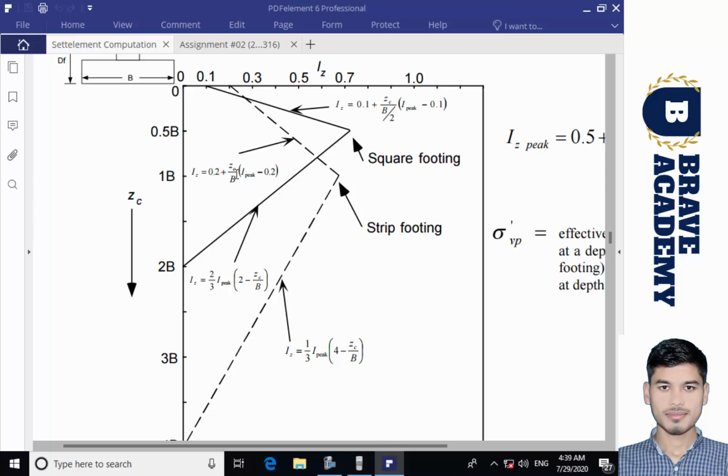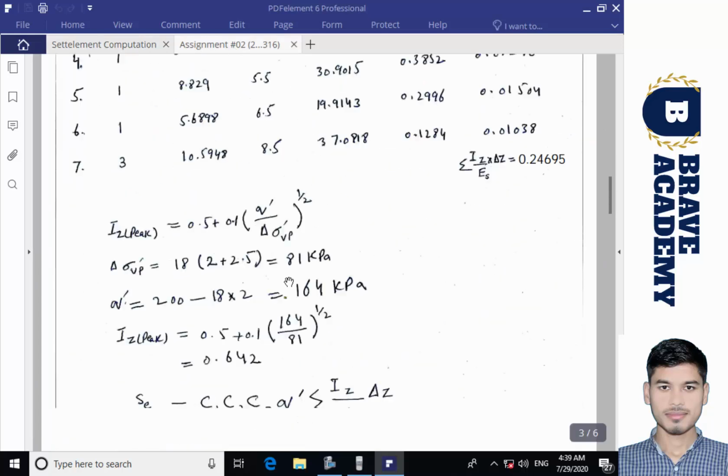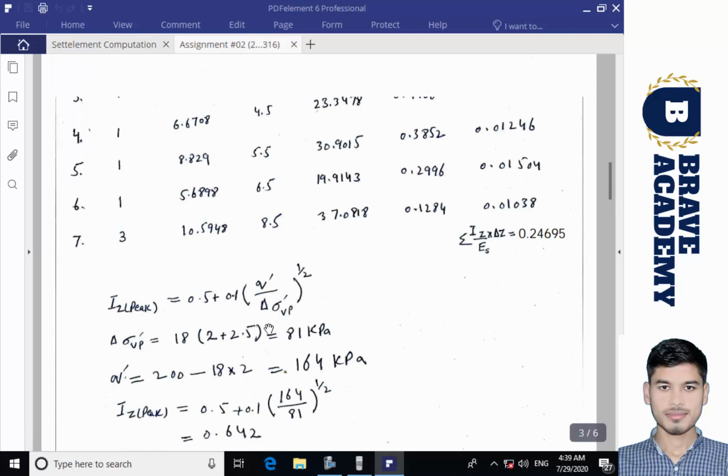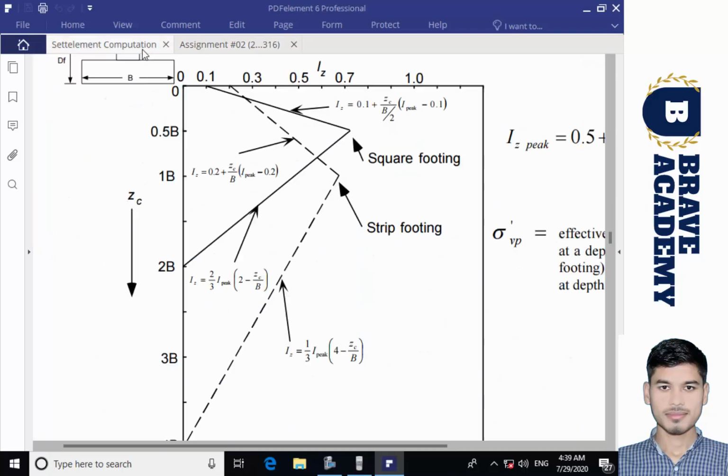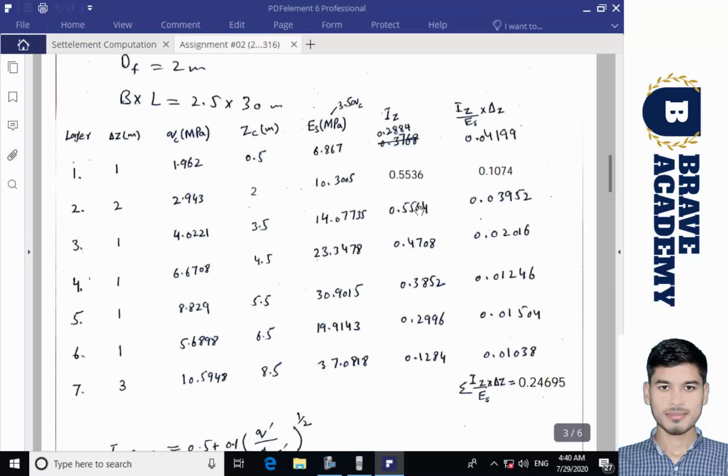Just put the values. 0.2 plus Zc, that is 0.5 by 2.5 into I peak, we computed it here, 0.642 minus 0.2, that will give you the value 0.2884. Similarly, for Zc equal to 2,